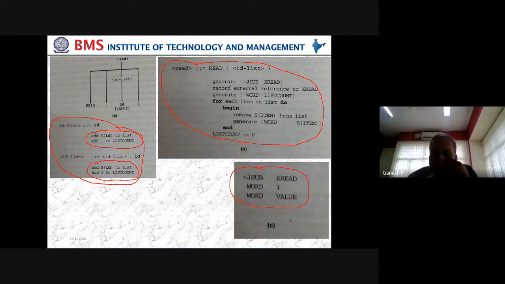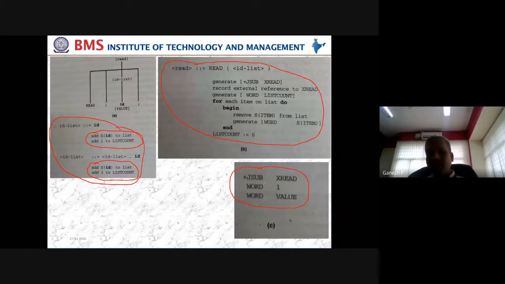So the final code generated for any or every read statement might look like this. You can imagine this is part of our actual SIC/XE code, with STX, JSUB, WORD, stuff like that. This is what we are visualizing, but internally the routines will be written like this. These routines are general in nature, depending upon the input value we provide, because if I write 10 printf statements, each printf will be different.